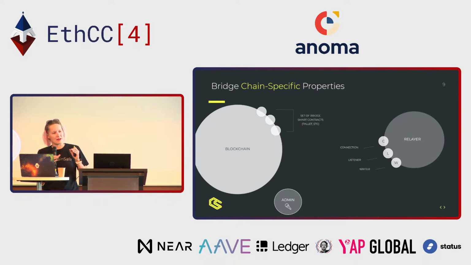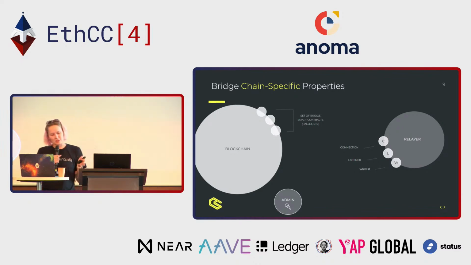So then we have a set of bridge smart contracts on the blockchain. Those smart contracts are setting up the on-chain interaction infrastructure. So you have one bridge contract, for example, if you're transferring a token, you interact with the bridge contract. But by itself, it doesn't know what kind of contract you have. So you need additional infrastructure for the contract to know what kind of messages to pass around. So there is some amount of handlers that goes with it. For example, if it's on Ethereum, you have smart contracts. If it's on Substrate, there is a pallet.